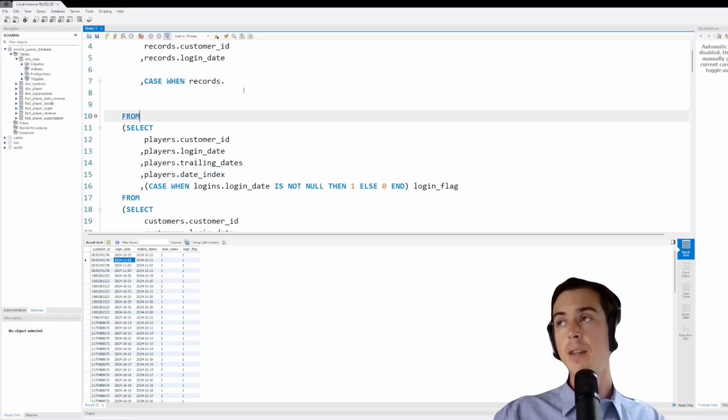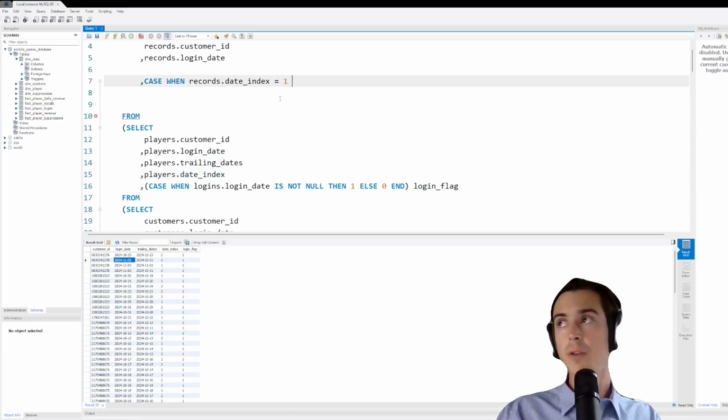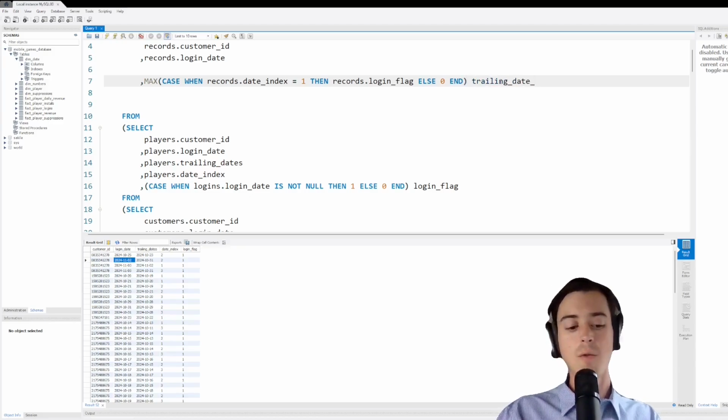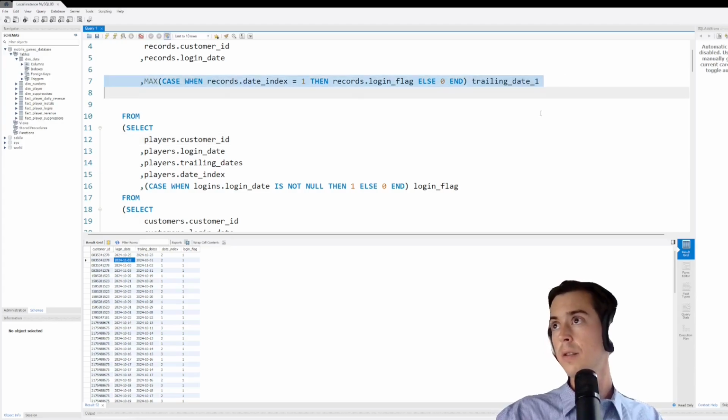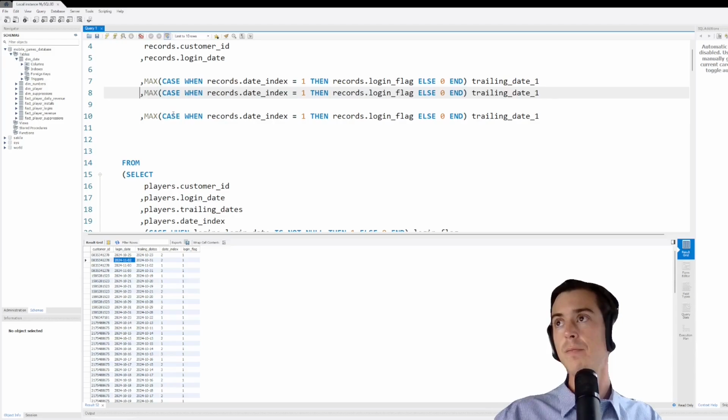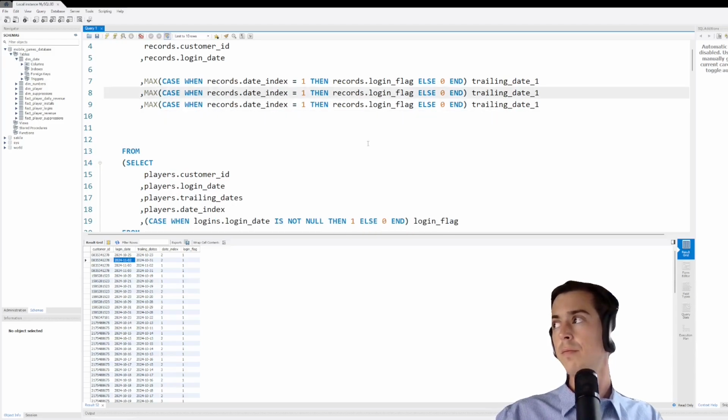Say when the date index is equal to 1, then the login flag, else 0 end. We'll take the max on this. We'll call this trailing date 1. This trailing date 2, trailing date